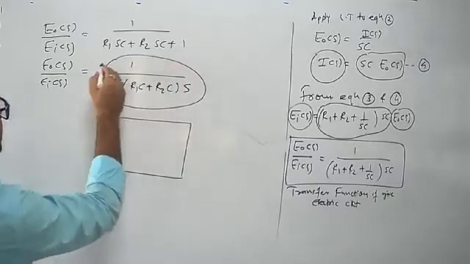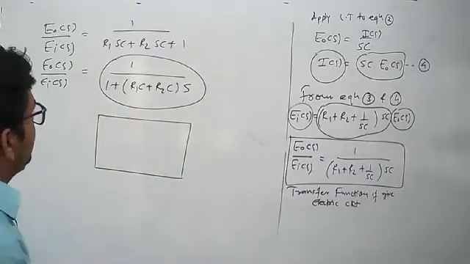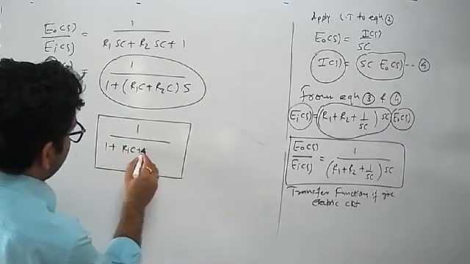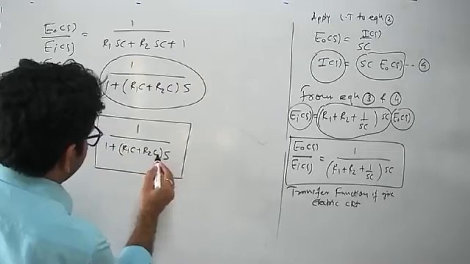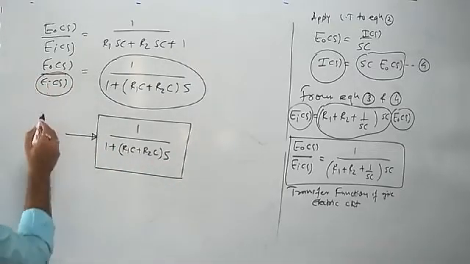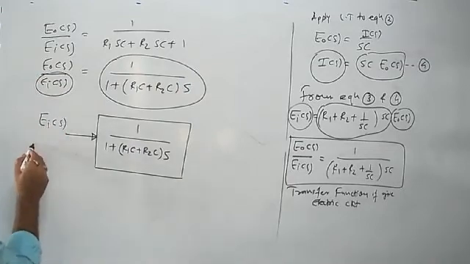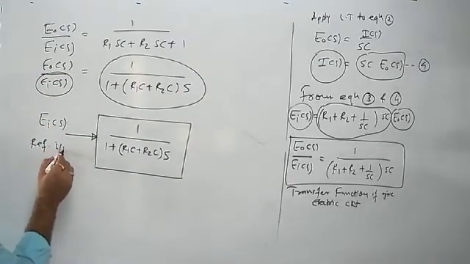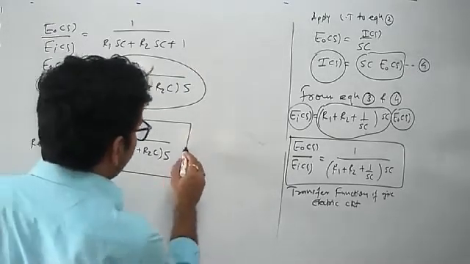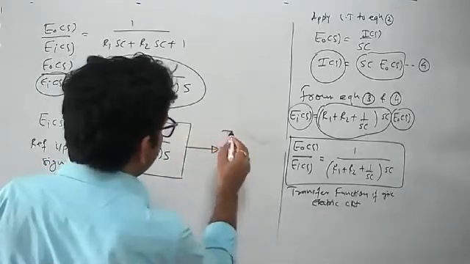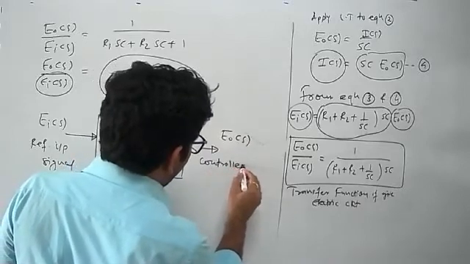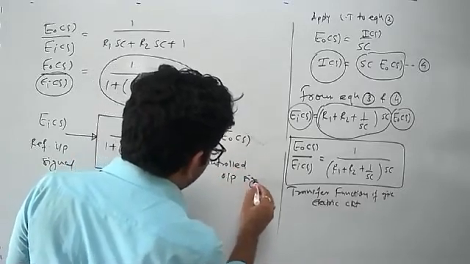So this indicates your parametric function, which only depends on system parameters, which is nothing but 1 upon 1 plus R1C plus R2C into S. To this system we applied some reference input signal, which is nothing but EI of S. So this is nothing but your reference input signal, and corresponding to this, the system is going to generate some controlled output, which is in the form of E naught of S. So this is nothing but your controlled output signal.